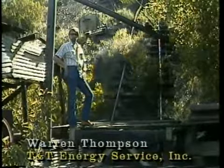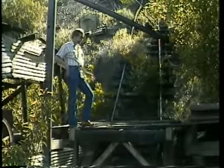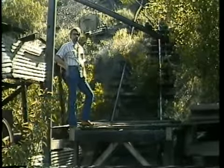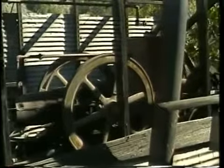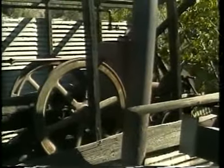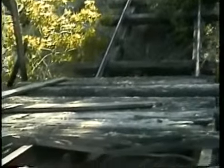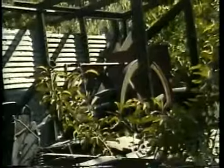All this work was done by Chinese labor that built the trams, which I am standing on one of the platforms that was used to haul the material up to the wells. The old windlass with a one-lung engine was used to pull this platform, which has got wheels on it, something like a train, up the tram by means of a cable that went up to the top of the hill,